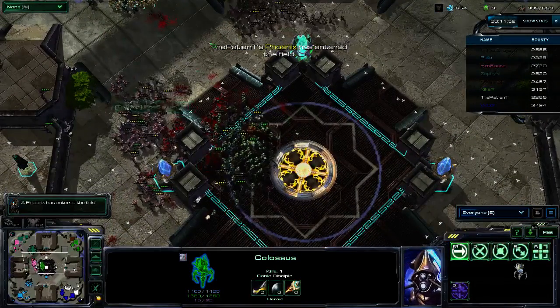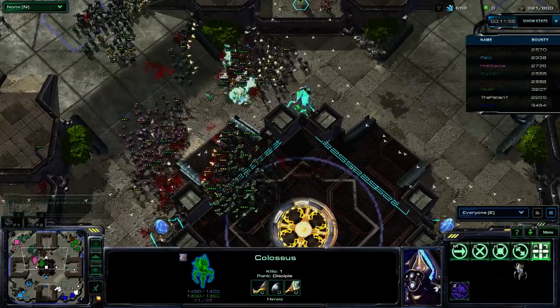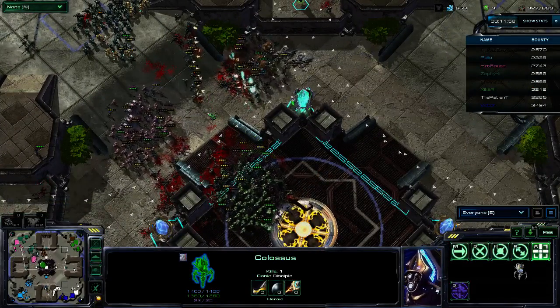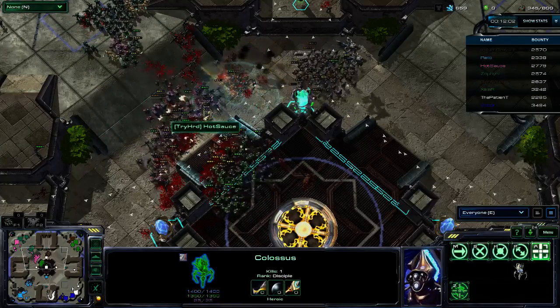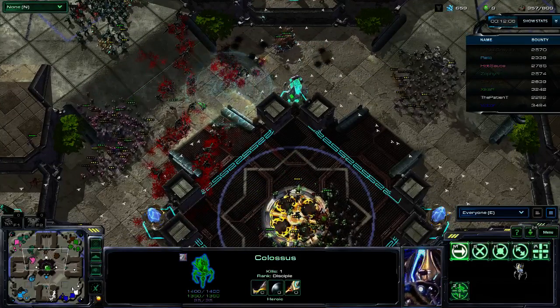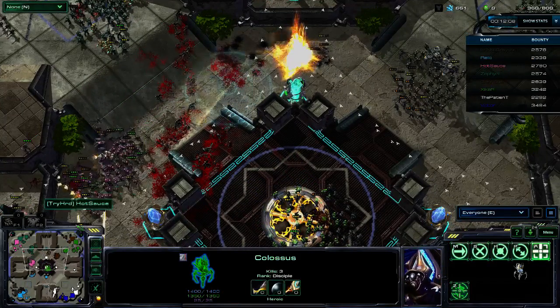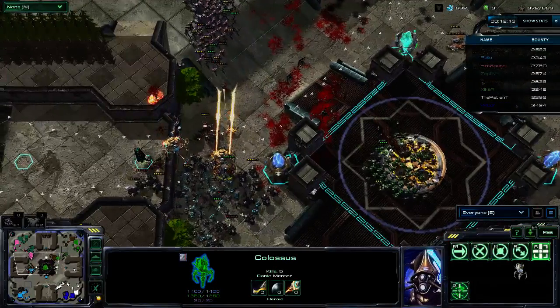So yeah, 2 Colossus can kill off any hero very easily, but any air comes out. You know what? It'll be very interesting to see a Phoenix grabbing a Colossus. I don't think I ever witnessed that. Well, here's the thing. Is it even possible? I think it is. Phoenix can lift a Thor, so...